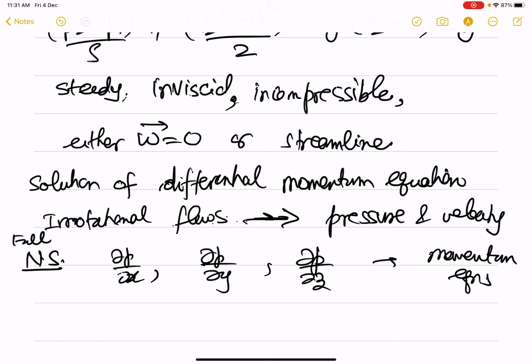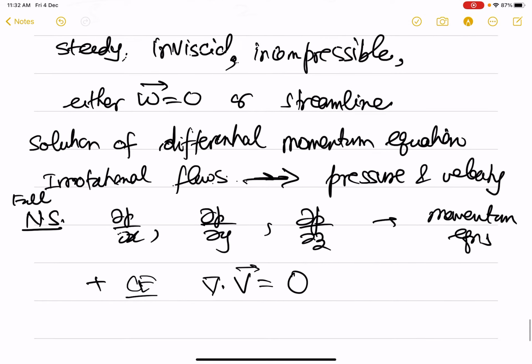Plus there was a continuity equation, del dot V is equal to 0. But for irrotational inviscid flows,